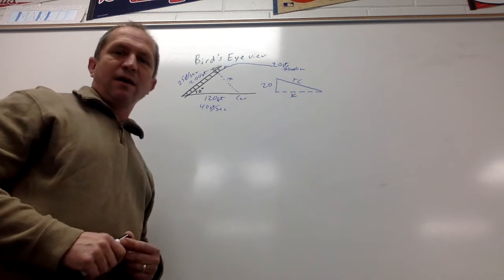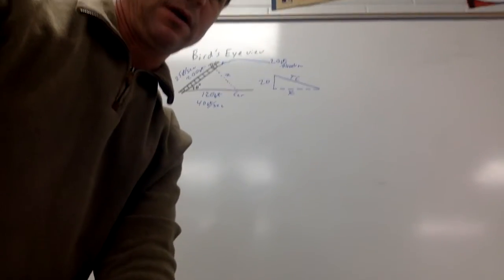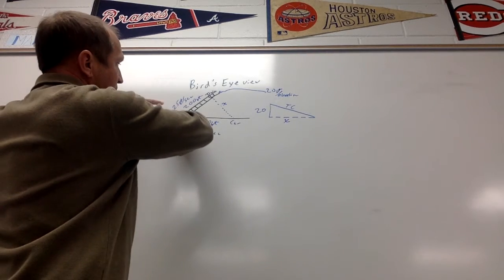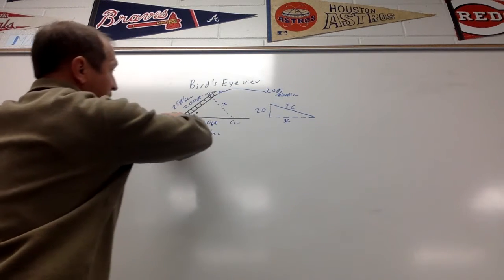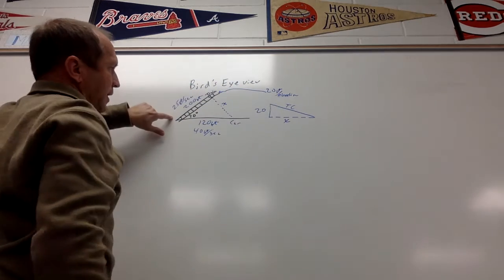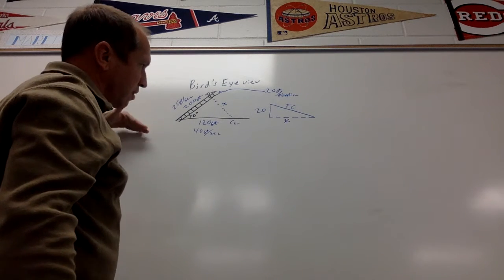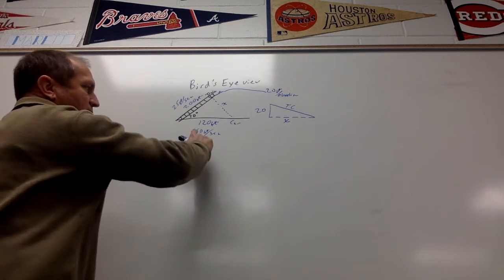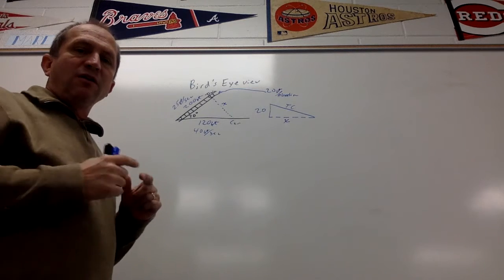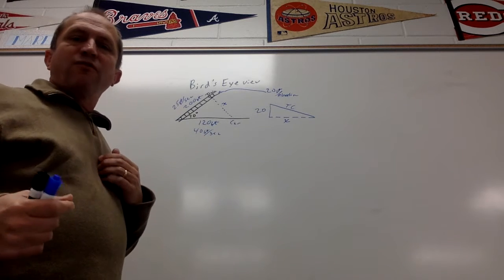But this is the second bonus problem, and this is a bird's eye view of the situation. If you look at it, you've got the smaller triangle, or this big triangle, I guess. You've got a train going at 25 feet per second, and it crosses the path, and then 5 seconds later you have a car crossing in this direction, traveling at 140 feet per second. And it asks, at what rate are the two vehicles moving apart from each other 3 seconds after the car